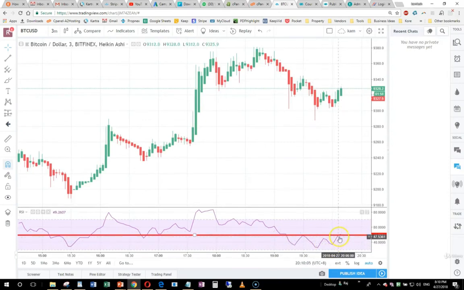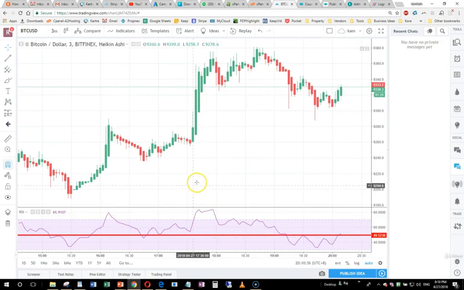So like here, RSI is at 50, so there is some room to run. I have two candles where there is no wick at the bottom, so the trend is bullish. But my worry is that this wick here is also very small, so probably I'll wait for one more candle. It's the 3-minute chart, so another 3 minutes, and then I know that I can put a long trade. But in this case, because RSI is at 50 already, I'll be happy with a small profit. So I won't expect a big profit.